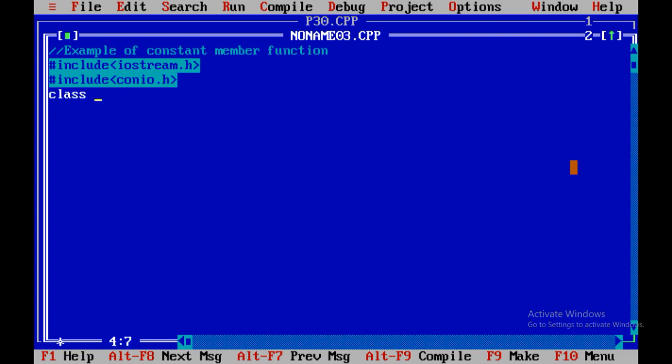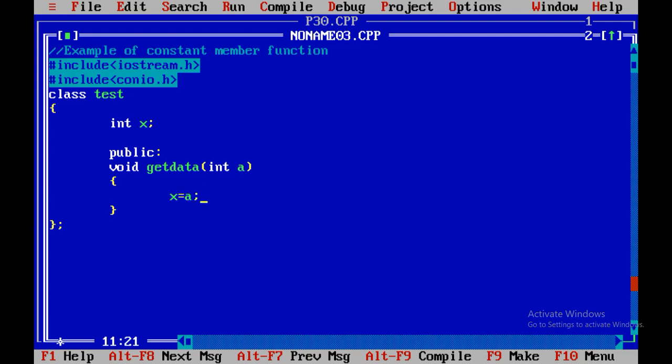We are going to take class test. Inside that, integer x, then public, void getdata, integer a. This thing we have already performed in our previous program.